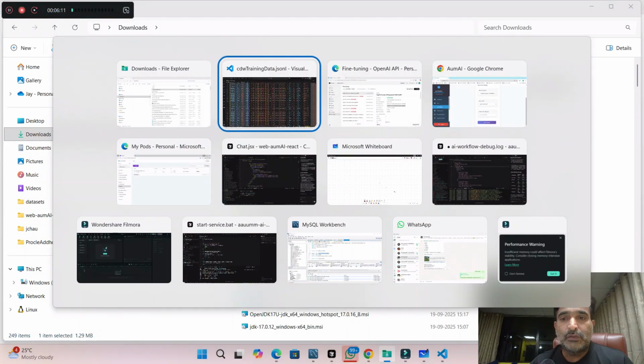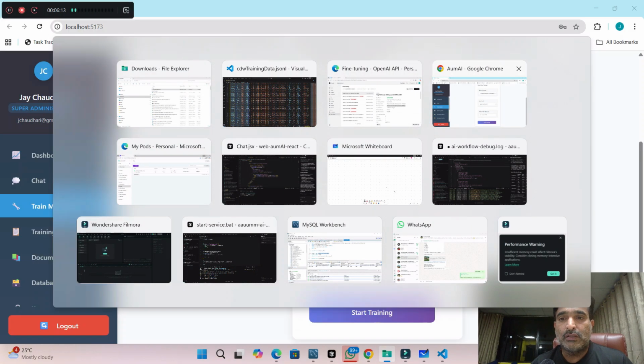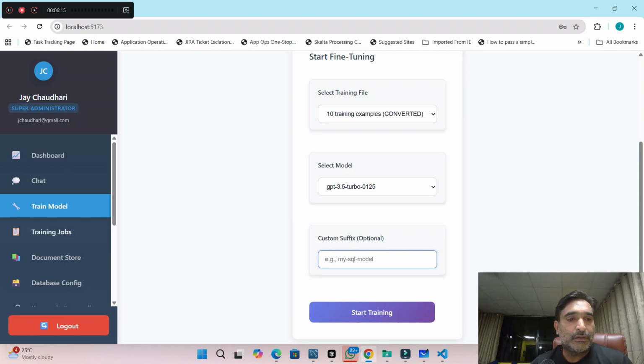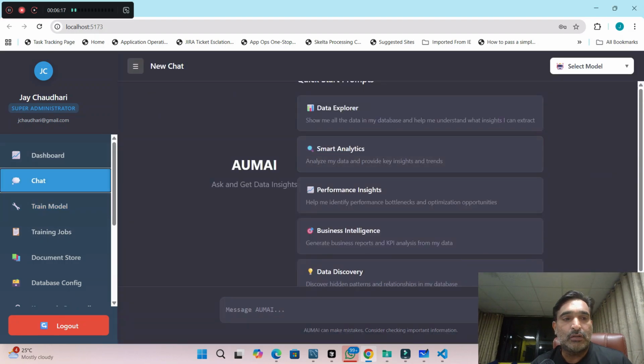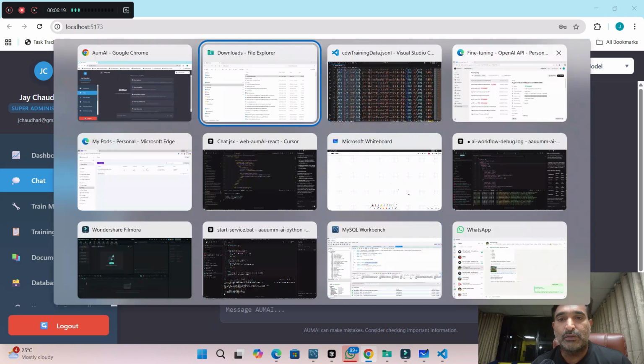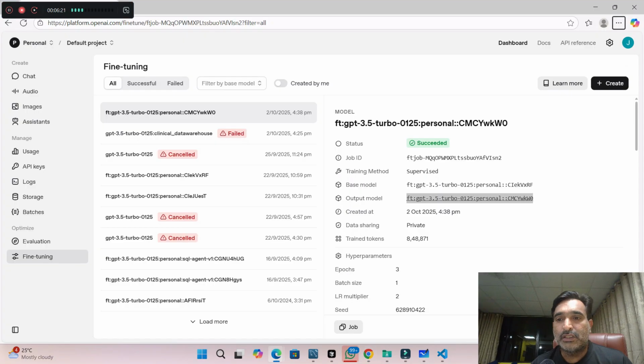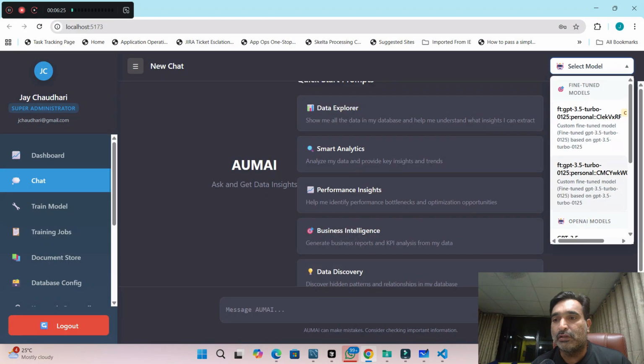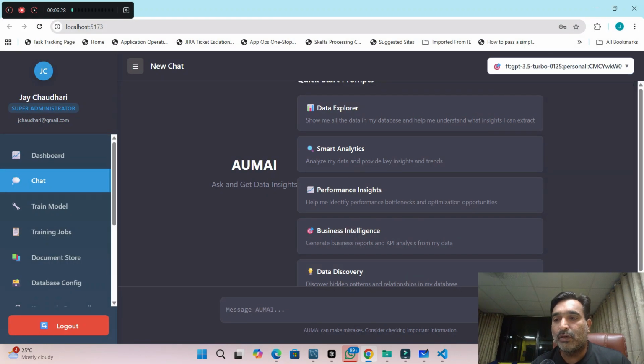And then what you can do is, once your model is trained, you can use that model in the chat here. If you see this training model, I can select that training model here, and I can ask it any question that I want, and it will pull the insights from my database. So right now I'm connected to